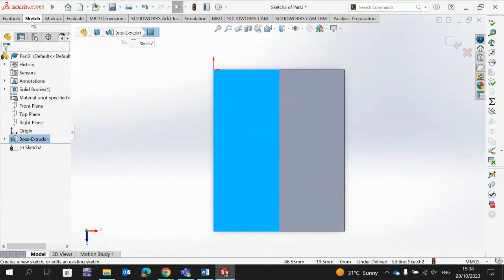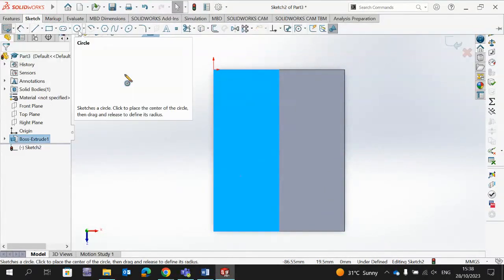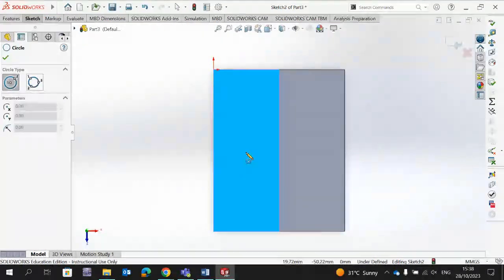Now you have to make a circle. Go to sketch option, circle. Now the circle has to be exactly in the center. So you need to hover your mouse on this line. You will see the center point of this line. Okay. Then you go to this line. You will see center point of this line. And when you bring your mouse here, you can see the dotted line is showing that this is exactly the center point, and both the lines, the midpoint is intersecting at this point. So here you click your mouse left button